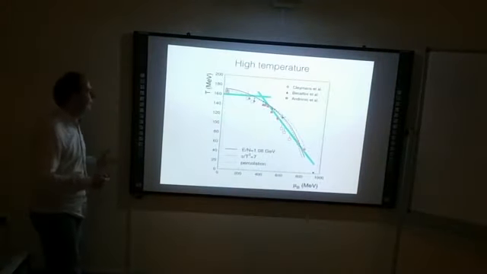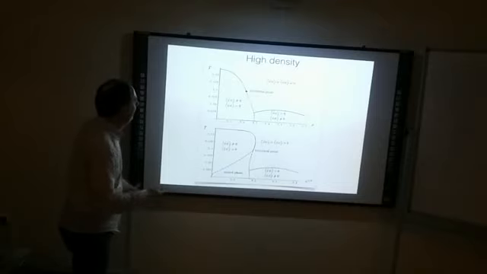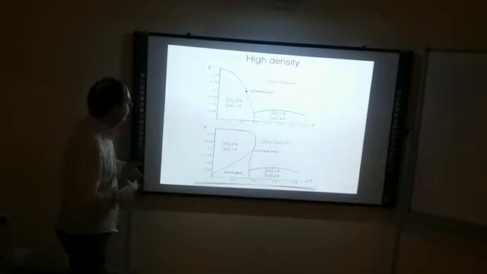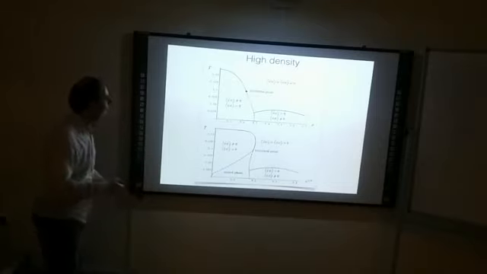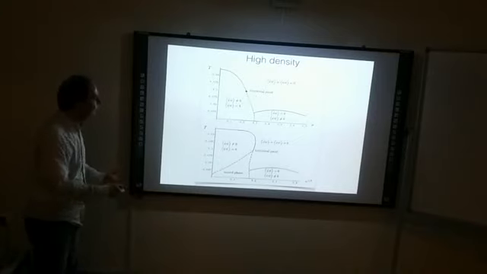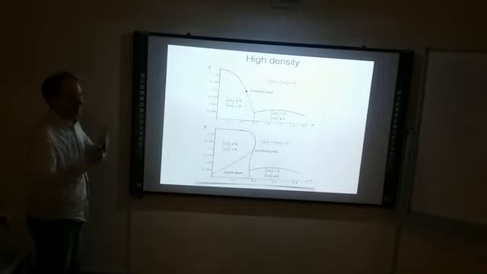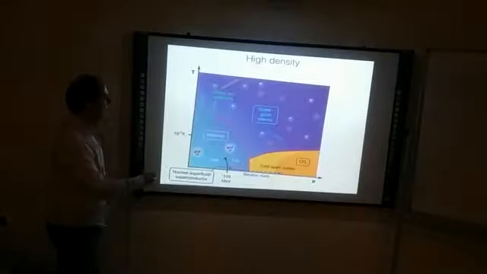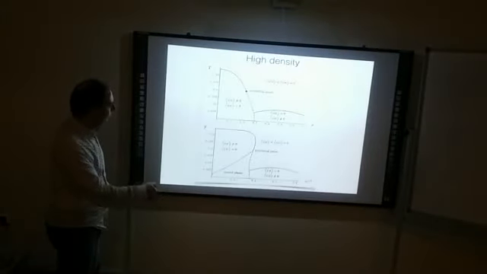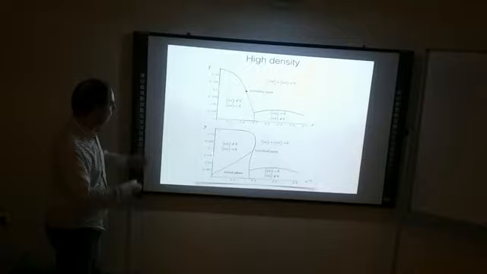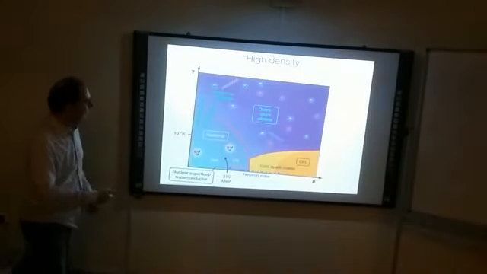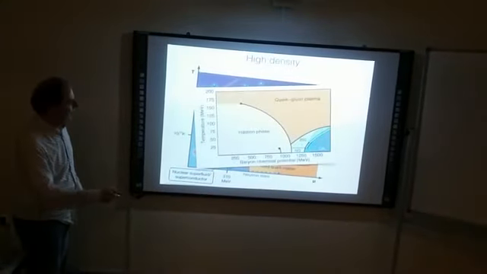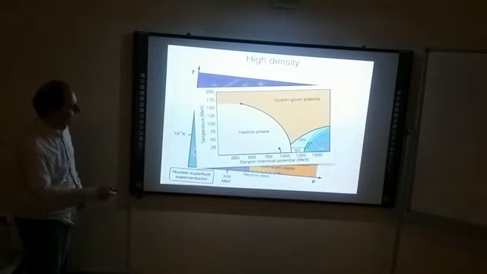Just to give you an idea, okay, this would be high temperature, and here high density. To give you an idea of what the possibilities are, here are a few models that people came up with. They just have their model systems, and then they compute a phase diagram. And that's a very old version of it, somehow 20 years ago. And they get more and more fancy all the time. I mean, you see all kinds of phases of matter that could arise here.